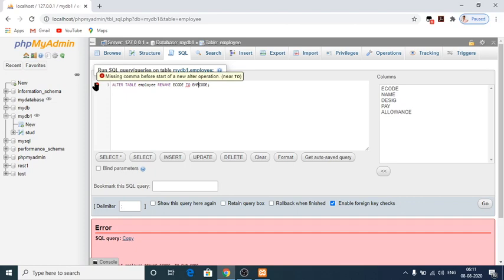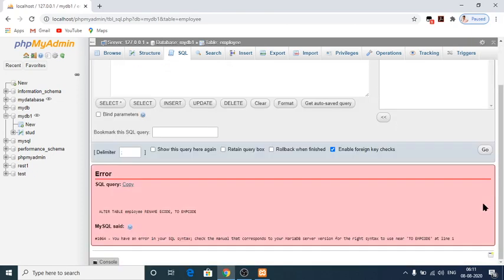So what is the error? Missing comma before start of new alter operation. Again it shows an error because we have an SQL syntax error.